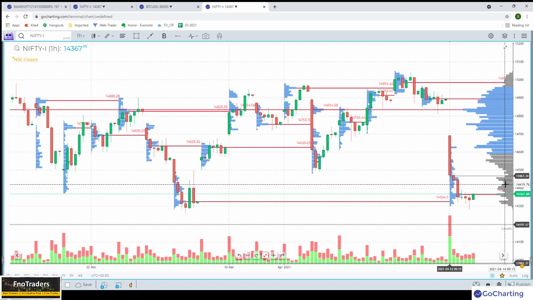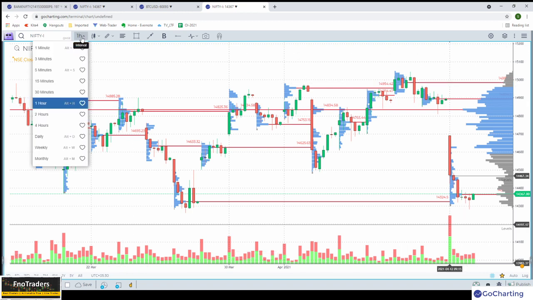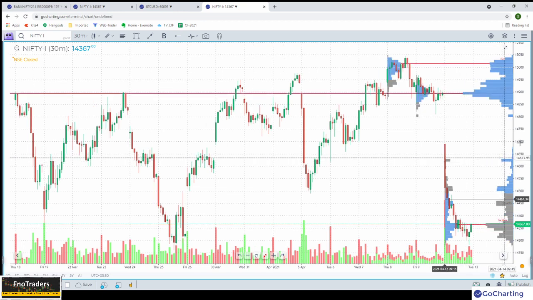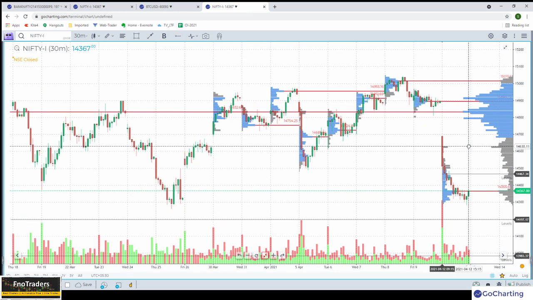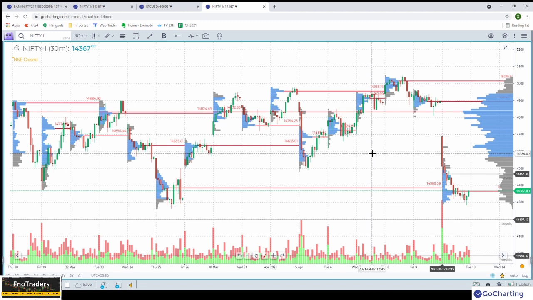The brokers generally tend to give the flat cumulative profile only, which is this, but you don't get the session profile. But somebody like Go Charting will give you the session profile as well, and they give you the fixed range profile and the market profile, etc. TradingView also has that option,